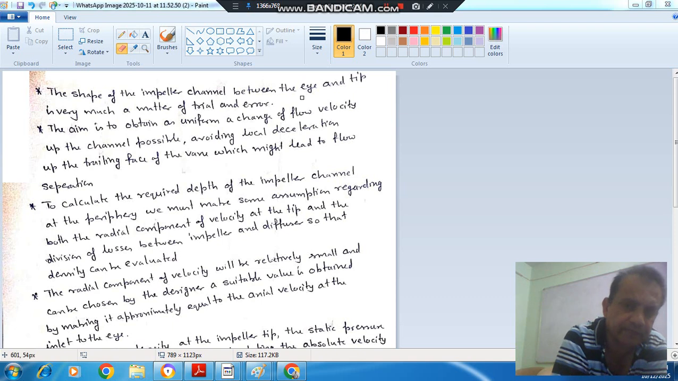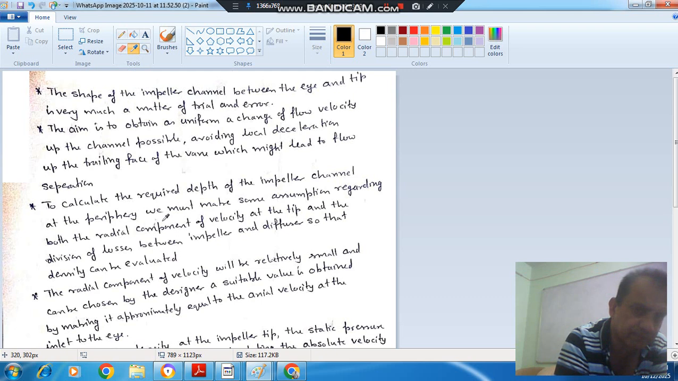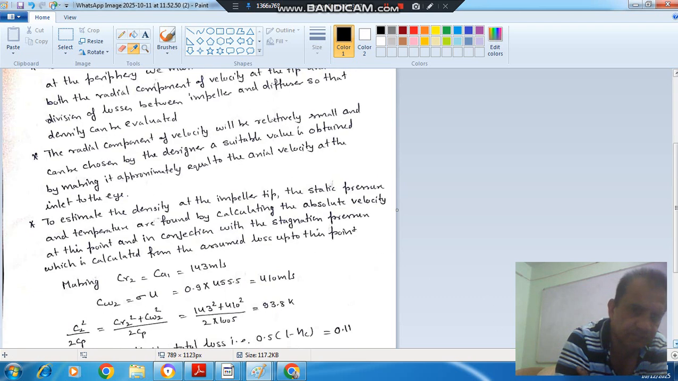Now the radial velocity at the exit of the impeller is not known. In this we will assume that the radial velocity is equal to the axial velocity, so that separation of flow can be avoided in the impeller. Otherwise, if there is some decrease in velocity of the flow in the radial direction, then there can be flow separation. So to avoid this, the radial velocity at the exit is assumed as the axial velocity at the entrance. At the entrance we have assumed that axial velocity is 143 meters per second, so it will be 143